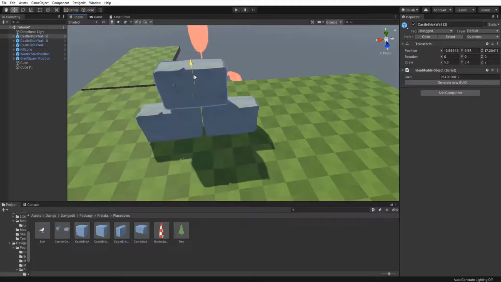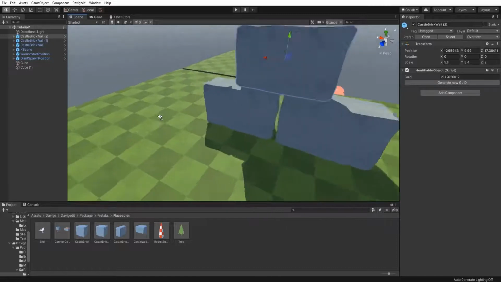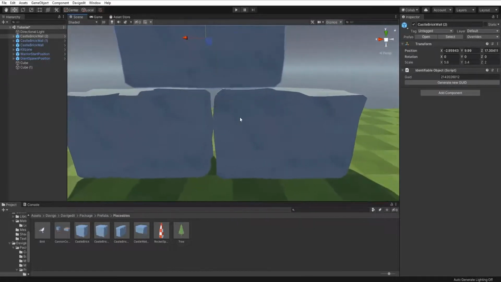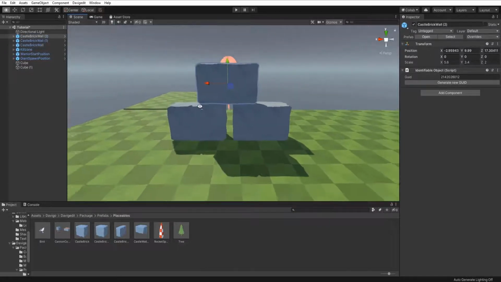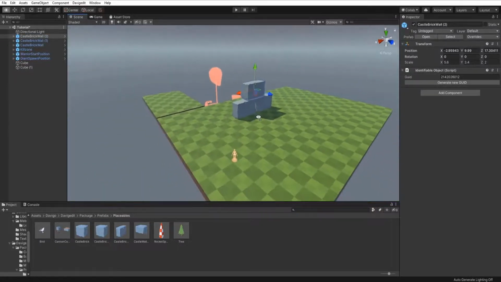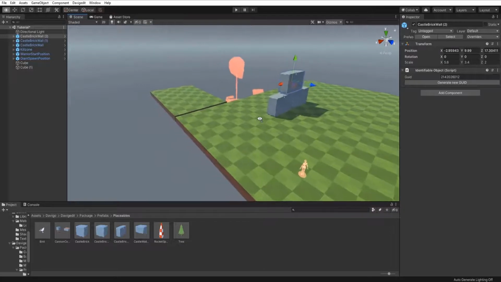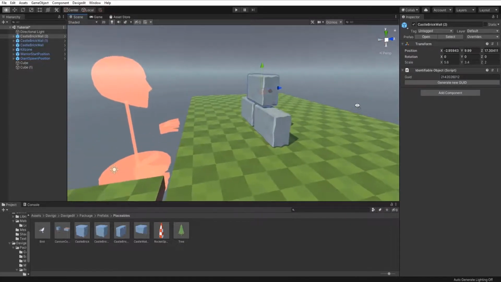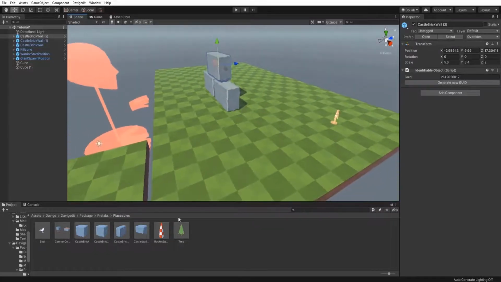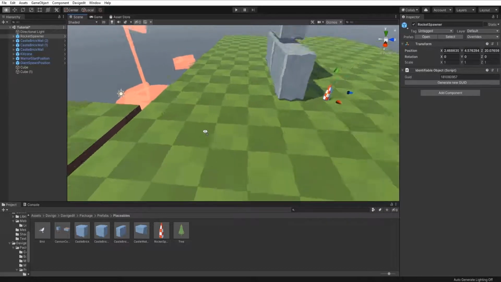And of course we can also move this up, and these automatically will have physics applied to them because these are prefabs that Davigedit comes with. I'll show you how to do it in a future episode, but you're going to have to add some rigid bodies to those. But for now we're just going to use the ones that the Davigedit package comes with. So we can hide a rocket behind this,